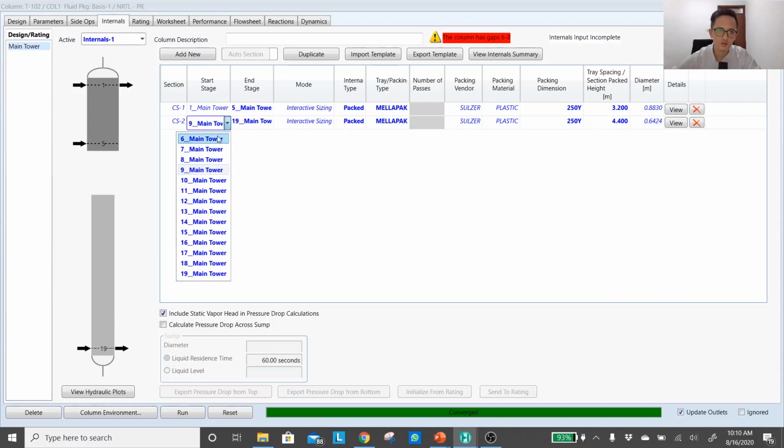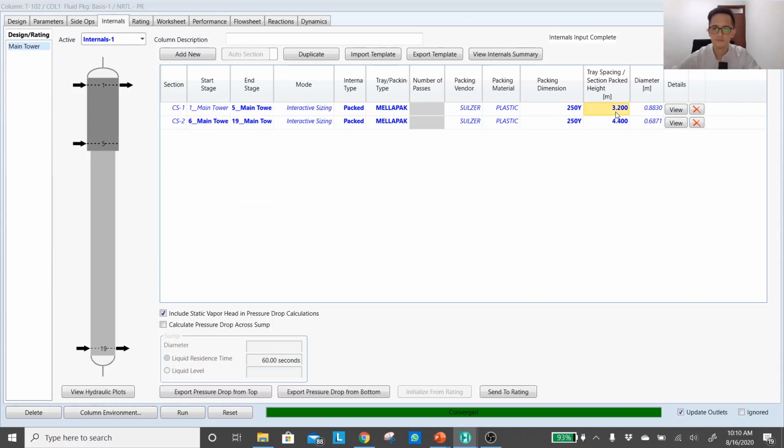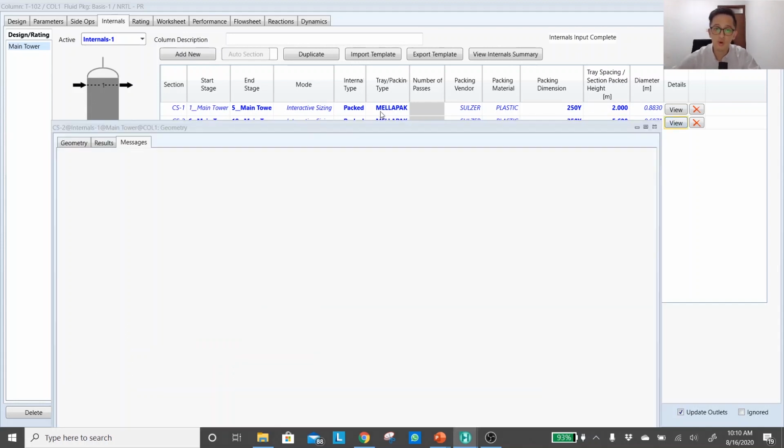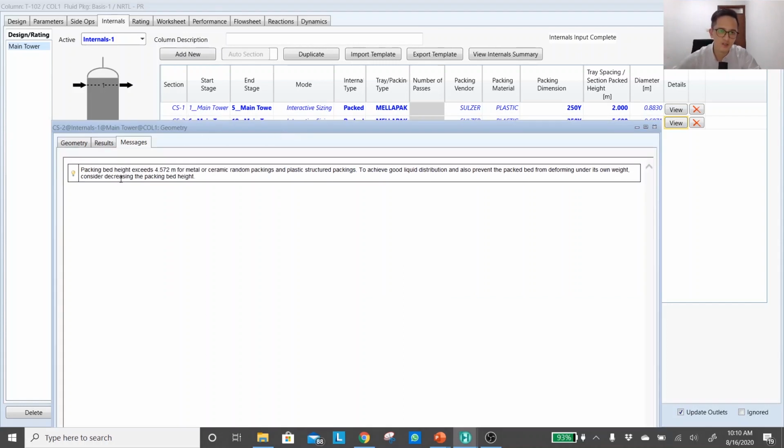So I will ignore the message and we will go into the next part of the simulation. Okay, I will change it back again to 14, so that's 5.6. Let's ignore the warning for now, at least it's not an error. I will accept this warning at this point.